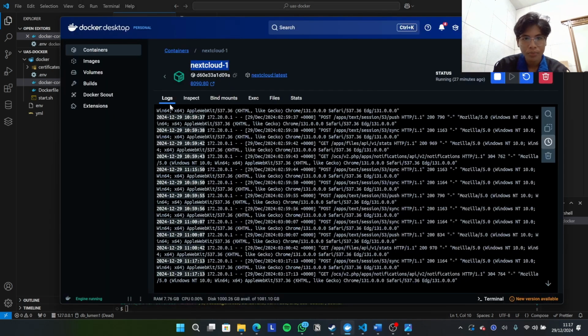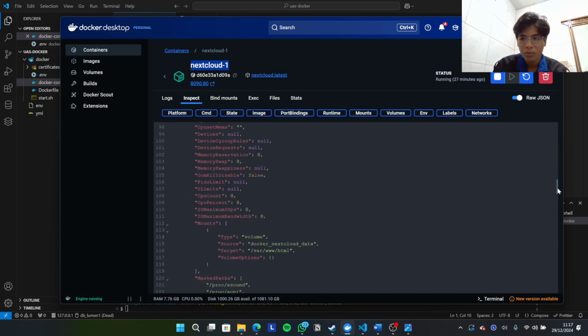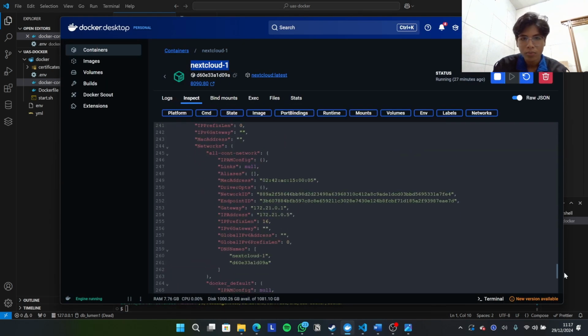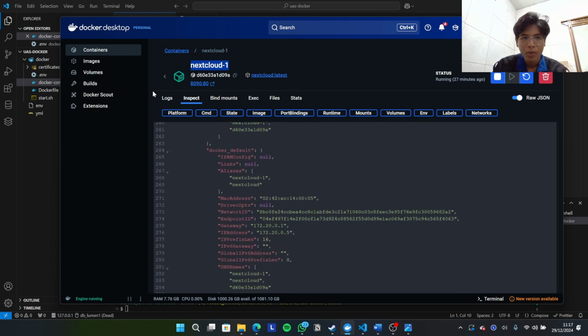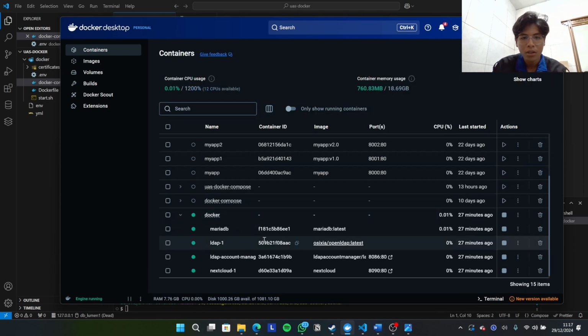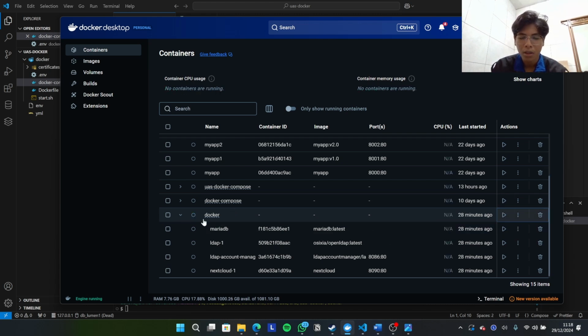Okay, after that, to make sure, you can restart the Docker Compose with Docker Desktop to make sure all of the network is working. Just stop it here and run the Docker Compose again.